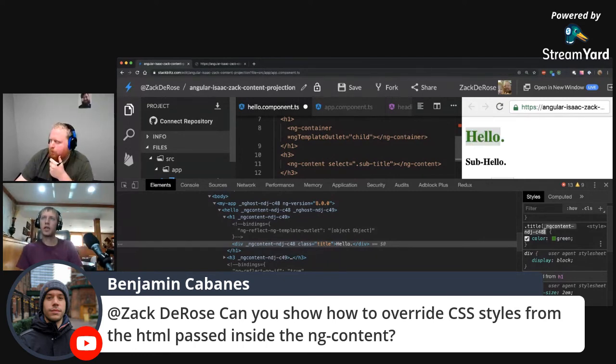And so the ng content, that ng content dash gibberish there is its way of doing fake view encapsulation. Yeah, this is emulated, right? Right. It's the emulated view encapsulation. So yes. So yeah, you could use